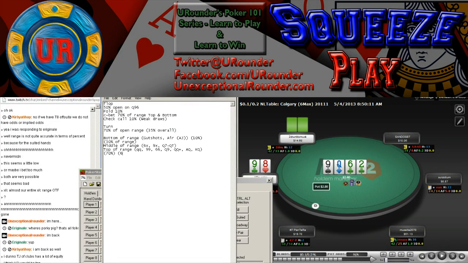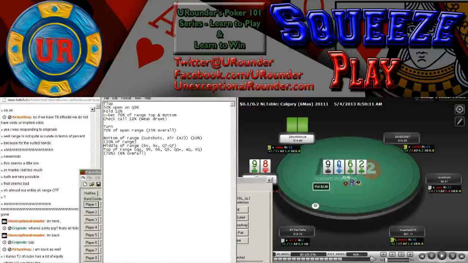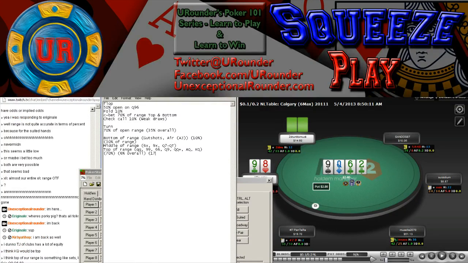So 6% times 35%. No, what did I do last time? I did 6 divided by 35. I'm so bad at this stuff. Okay, so that's 17% of our range. That does make perfect sense. So this is interesting. Based on the fact that 17% of our range is value and 30% of our range is air, if we fold,